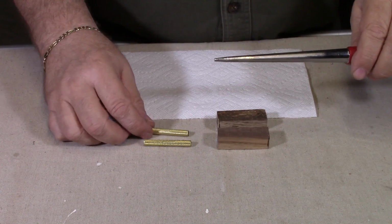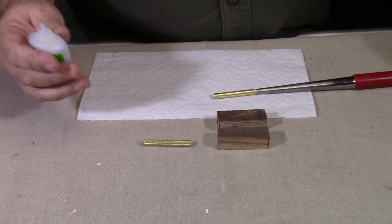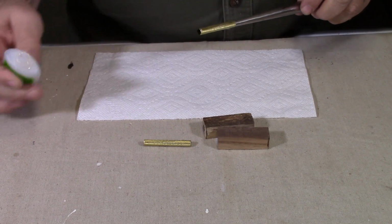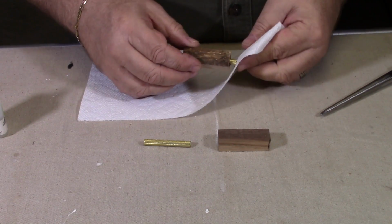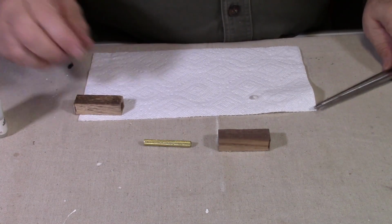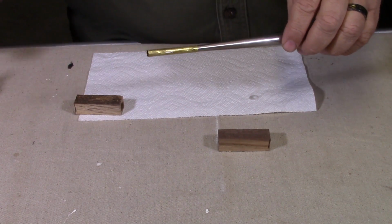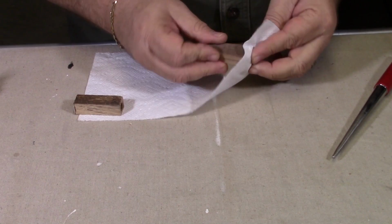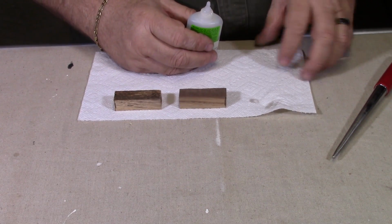I use a tube insertion tool here to hold these. I use a medium CA glue, and I just put a little bit on the tube here, spin this on and push it into the end there, making sure it's flush with the ends. Same with this one for the other tube. Then I'll give these about 5 minutes to dry, and then we'll be ready to put them on the lathe,